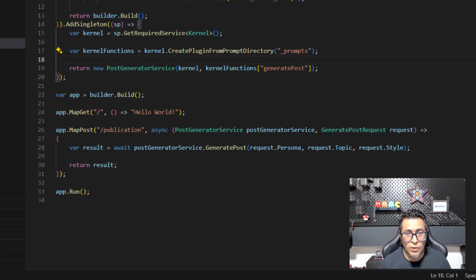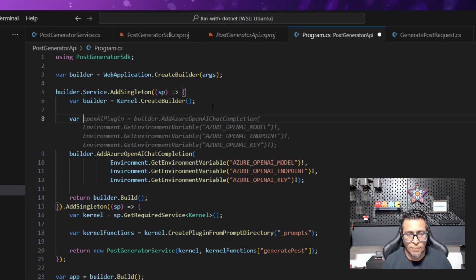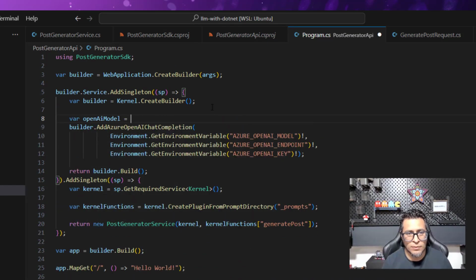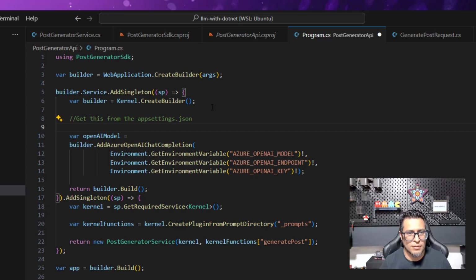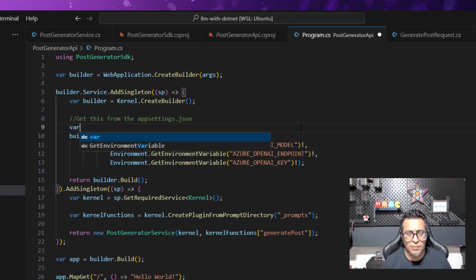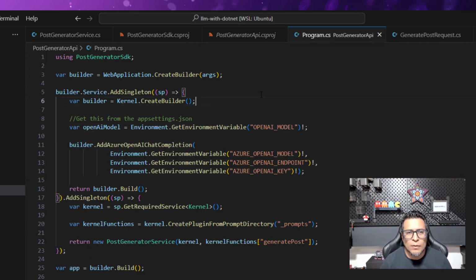Okay, this should work except for these variables. So, OpenAI model, what I want to do is get this from the app settings JSON. Let's see if GPT's Copilot is... No, this is not what I want. Okay, so